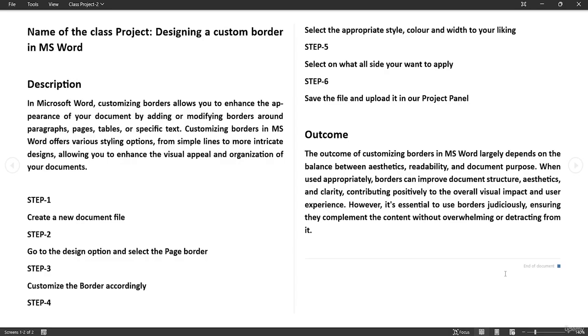So here you guys can see on my screen, I do have the name of the class project as designing a custom border in MS Word. Well, I also do have a description and an outcome. You guys can come here and look onto this description and the outcome. So for me, I will directly go on to the steps, what all you need to follow to achieve the